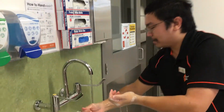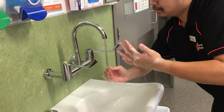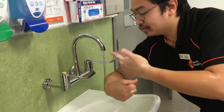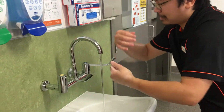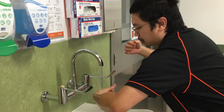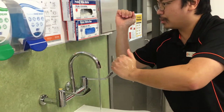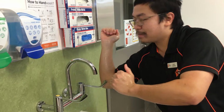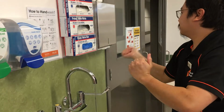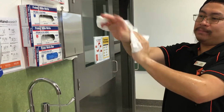And now I'm gonna wash. So when I'm washing, fingers up, and I just slide it so that by gravity nothing will go to my fingers, and I need to make sure that I do not get in touch with this one. And I'm gonna do the same to the other side. Okay. Now when I'm happy, I just need to close this one. There are two ways. I can either use my elbow, or if I don't wanna use that, because some sinks don't have this kind, I can just grab paper towels and wipe from the tip of my fingers,